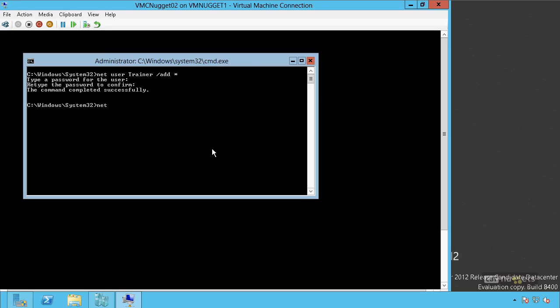But I would do a net localgroup, and then the name of the group I'm interested in adding it to, and that would be administrators. I think I typed that right. Okay, and then the name of the account I want to add is what I want to do here. So I want to add it, and then I'm going to enter in the name of the account, which is trainer. Okay. Now if I do a net user trainer without any other options here, except for typing correctly,